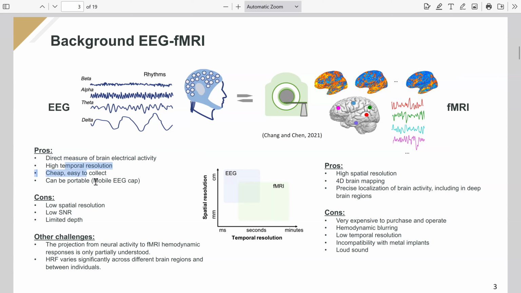Some of the pros of EEG that they highlight: it's a direct measure of brain electrical activity, high temporal resolution, cheap, easy to collect. That's a big benefit for a lot of clinical applications, and a lot of the companies getting into neurosignal study are doing EEG style data. So Apple's patents on their little earbuds that act as EEG electrodes are building on principles from EEG. That'd be extremely low resolution. You have two electrodes, right? Yeah, so because it's so cost effective, a lot of people are working with EEG.